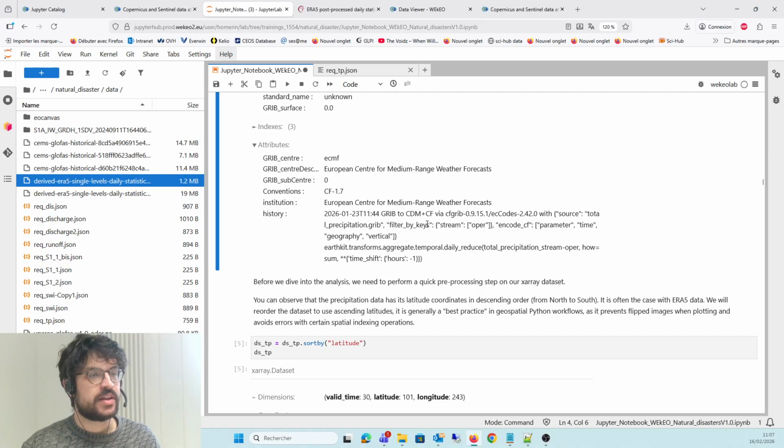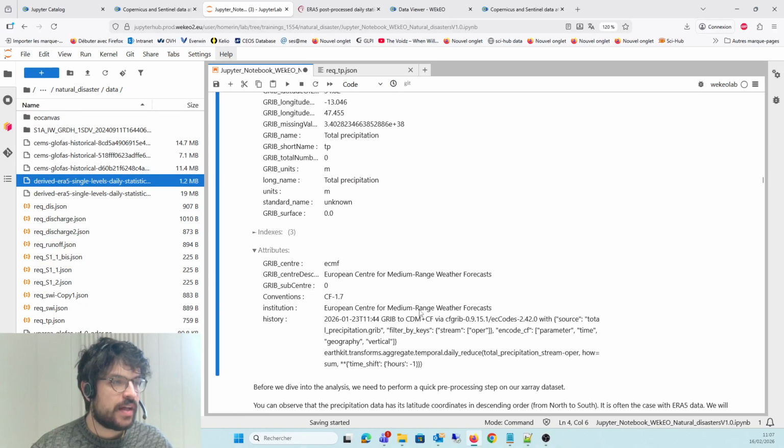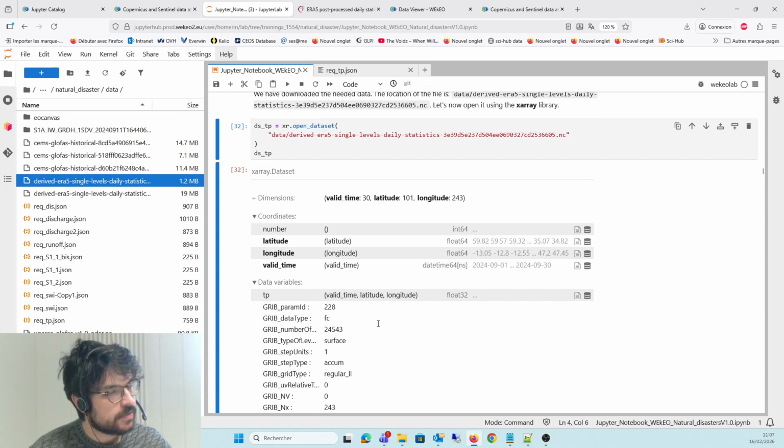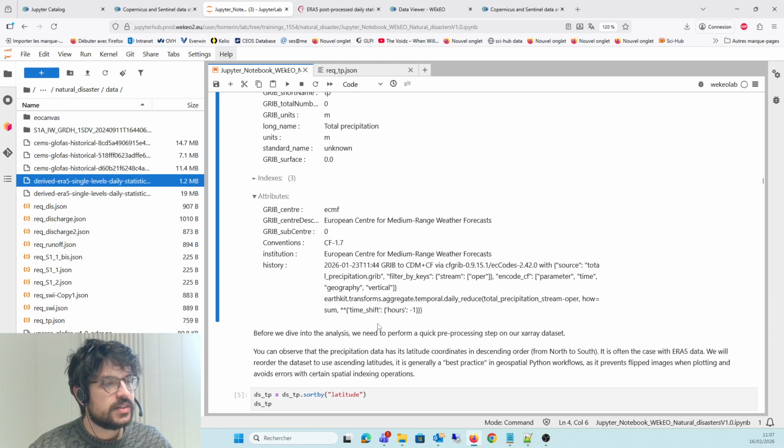Before we do any analysis, we can do some quick pre-processing of the dataset so it is more suitable for the Python manipulations. If we look at the latitude coordinate here, we can see that it goes in a decreasing order from about 60 to 34.45 degrees north.